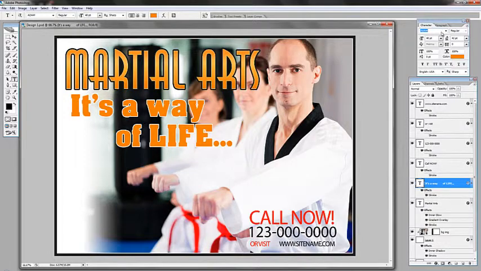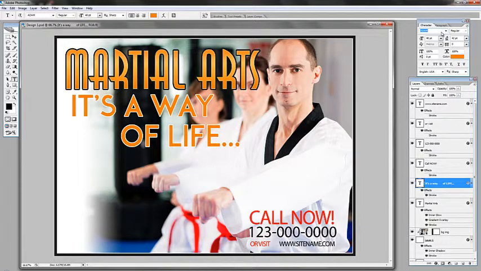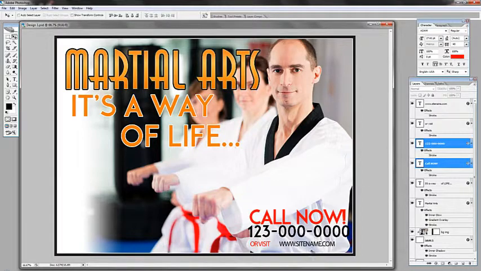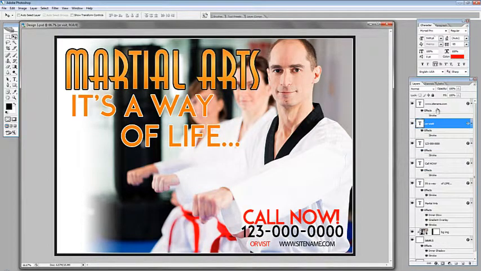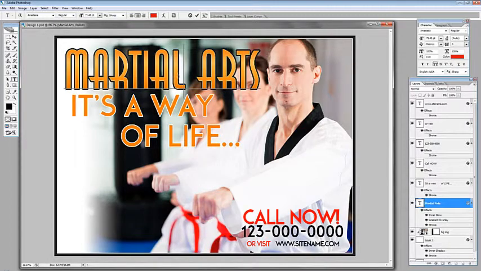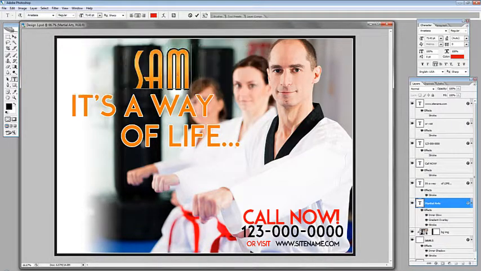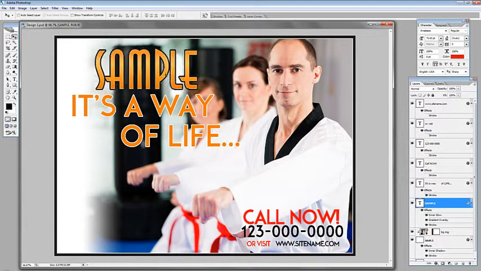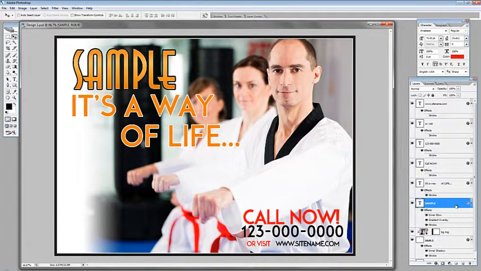Let's try to change our fonts. Say for example this font right here, and we'll change this as well to the same font, just like that. Now we can actually change our headline, for example, and we can change the color of that and